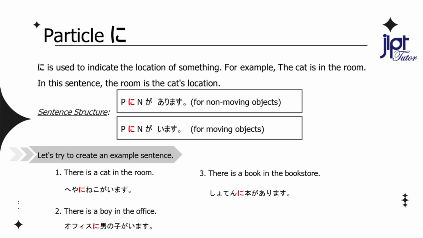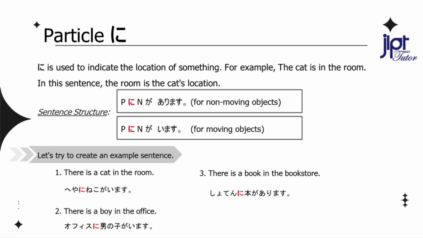There is a cat in the room. 部屋に猫がいます。There is a boy in the office. オフィスに男の子がいます。There is a book in the bookstore. 書店に本があります。